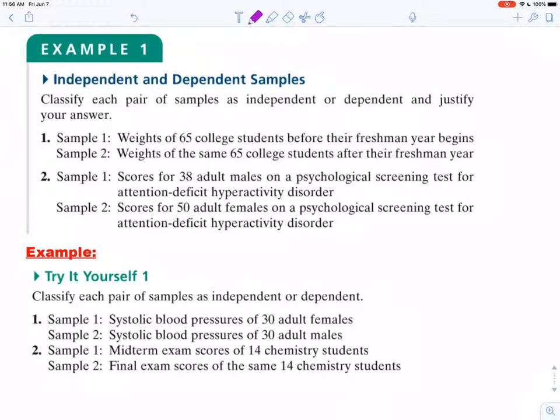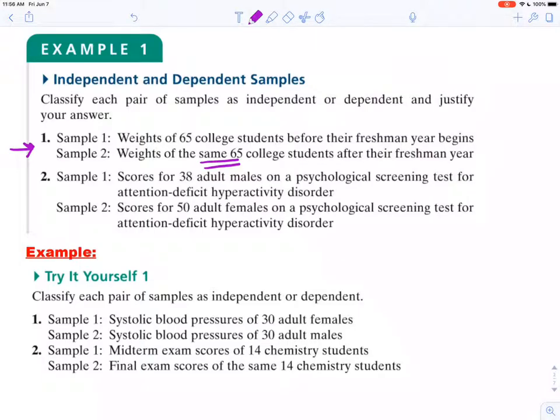samples. All right, so in our first example right here, our two groups, we have the weights of 65 college students before their freshman year and weights of the same 65 college students after their freshman year. Now, I'll tell you, there's a couple of things to note here. The big one